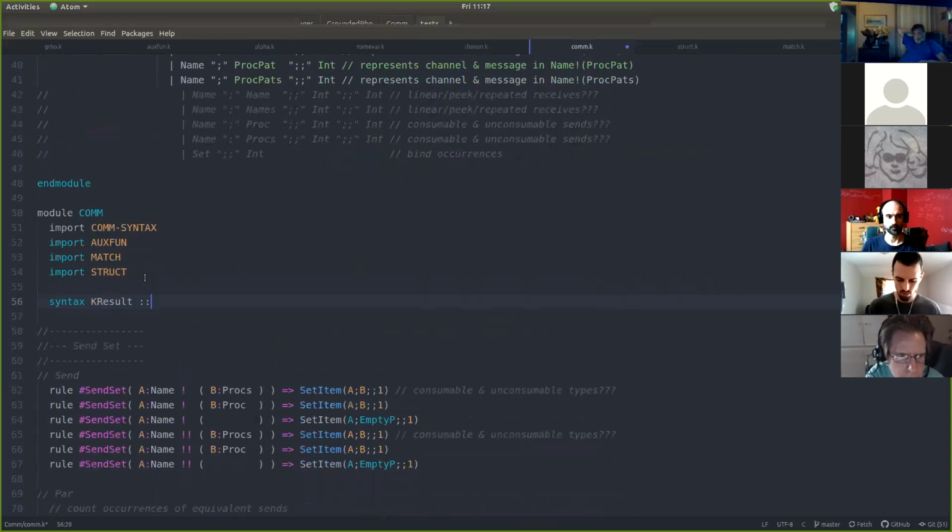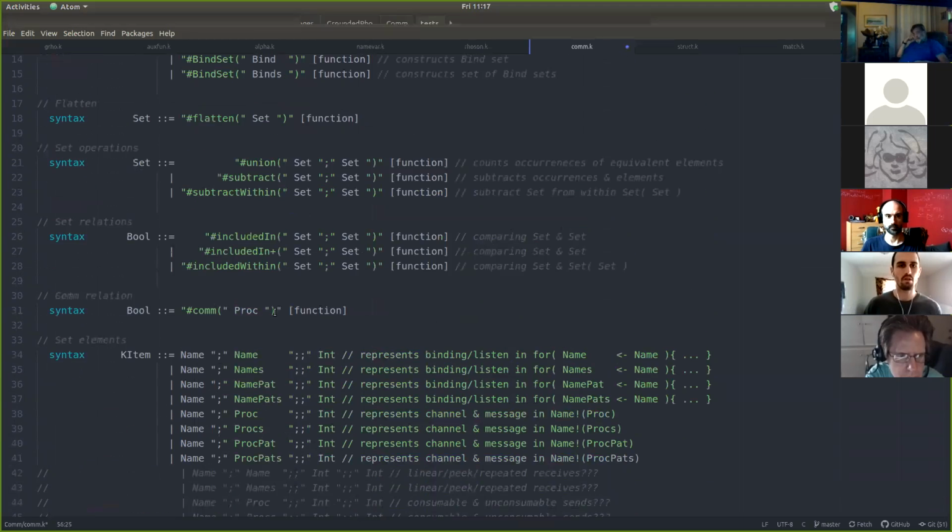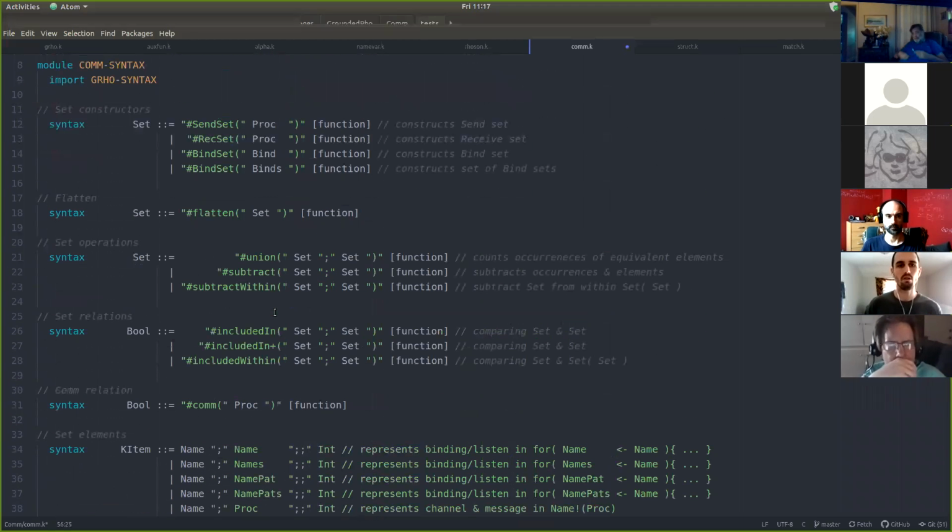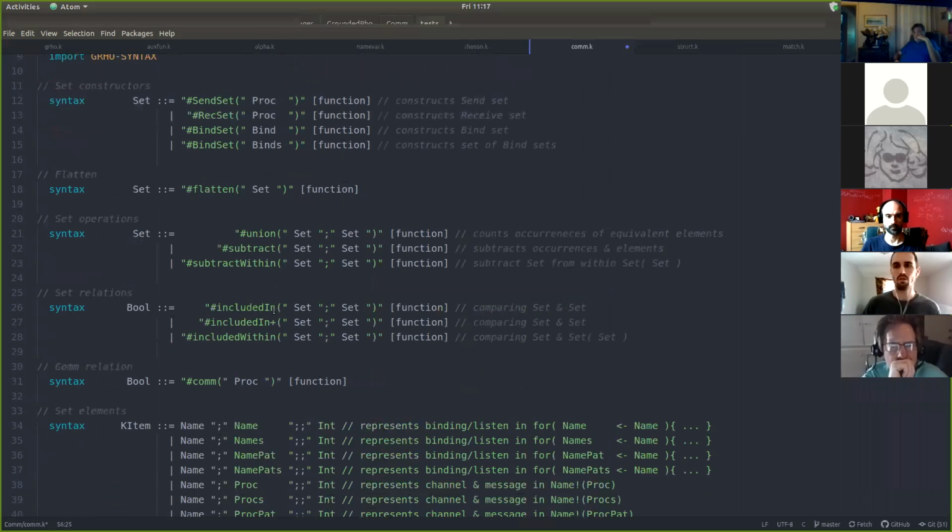Oh, okay. So when you do syntax set := something, it's not overwriting or eliminating the previous ones. It's just adding another one. Yeah, exactly. Just to make the point even more clear,